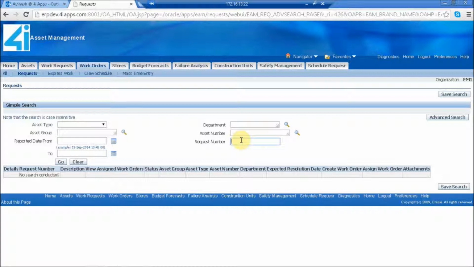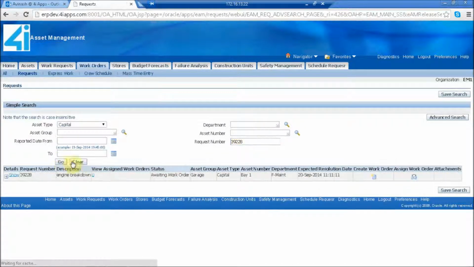Let me search the requested work request number 39228. So now I'll create a work order.